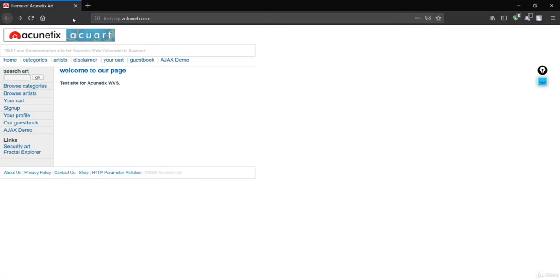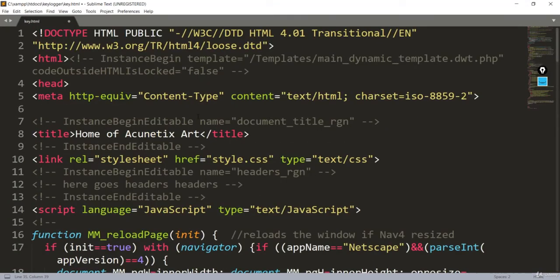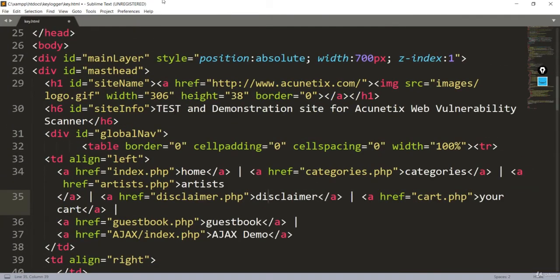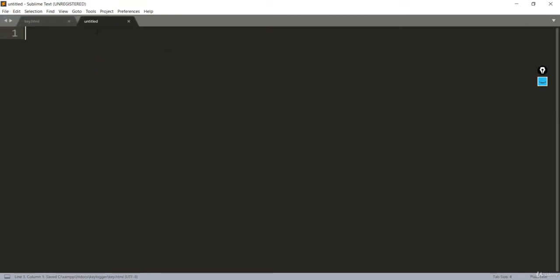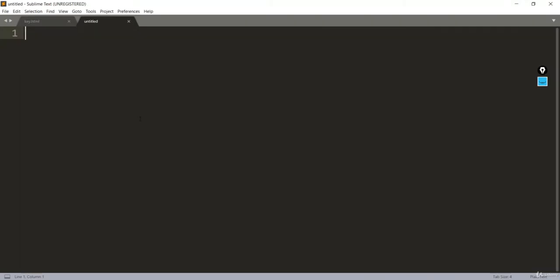That means we'll start making our own JavaScript code with the help of the PHP file. First of all, we have saved this, so I'll create a new file again. In this new file, we have to make use of JavaScript code, which will be inside this same folder, keylogger. I'll start with saving first.